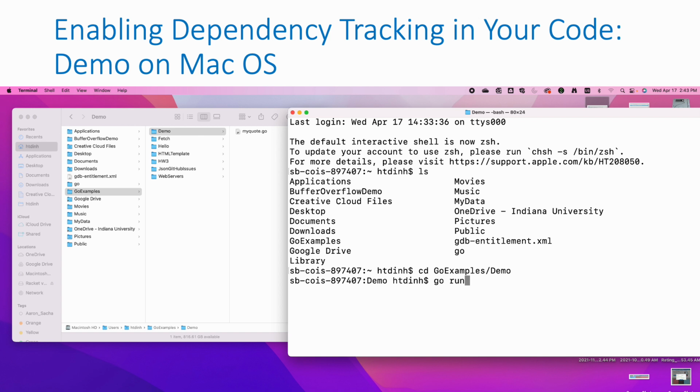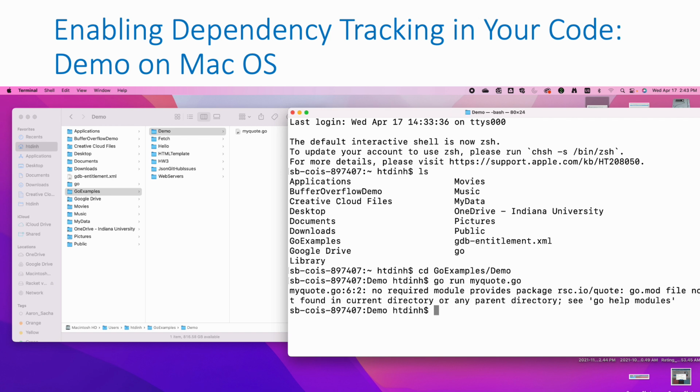mycode.go program like the way that we did with hello.go, then it wouldn't work. So let's try. So go run mycode.go, and let's see. So you see that it cannot find this external package, so we cannot run mycode.go without enabling dependency tracking in it. So the first step to enable dependency tracking is to run the go mod init command,